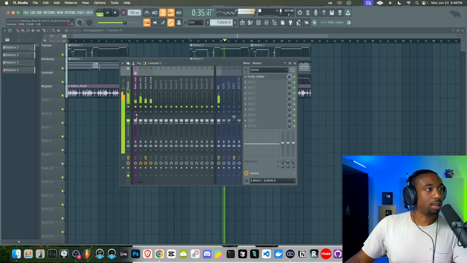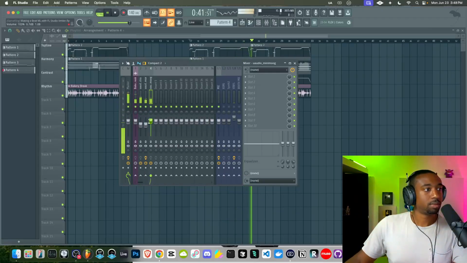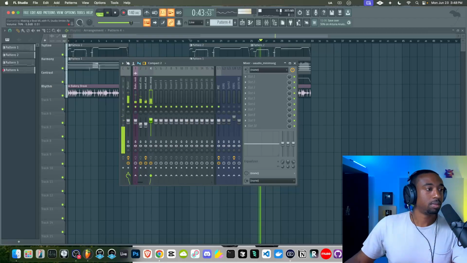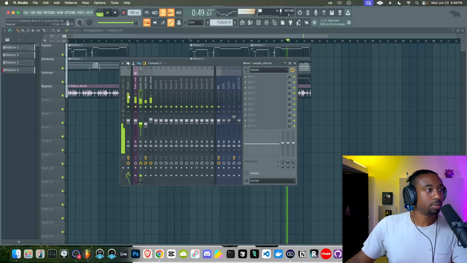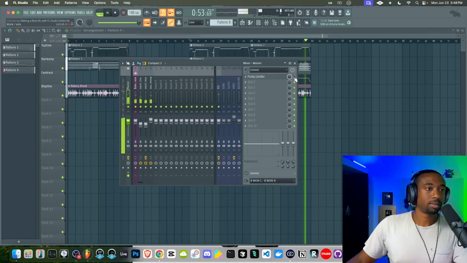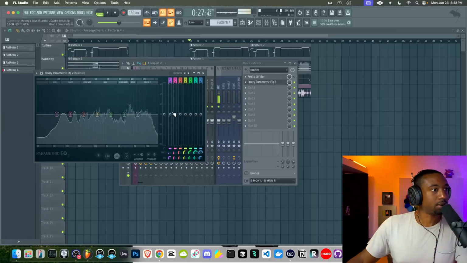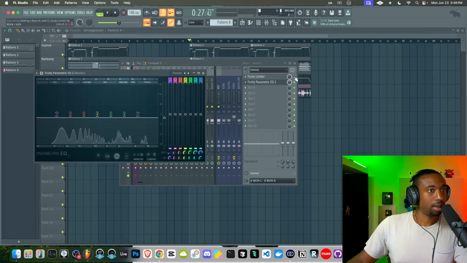And now we can go back and level some things. So that bass and drums can match, we're gonna turn down some of the chords. So here's before. Now the only thing is Fruity Limiter does not have a gain knob, so we're gonna have to manually gain it down afterwards.